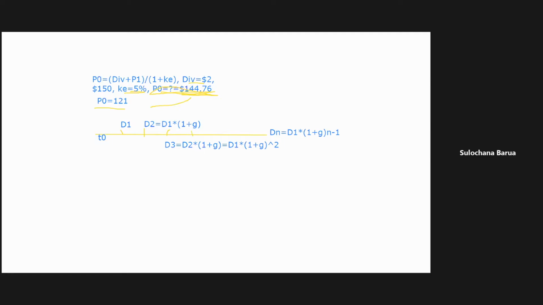Professor, why is it n minus 1? Because you're watching here, let's go back. See here, D3 has a power of 2, right? So when n equals 3, the power is n minus 1. So when it is n, that's n minus 1. You agree? Yes or no? Okay, let me draw it here. This is Dn. Dn is 3, so the power is 2, n minus 1, right? And if n is 2, then the power is 1, so again n minus 1. You agree? Okay, good.